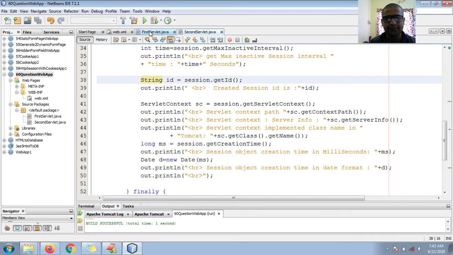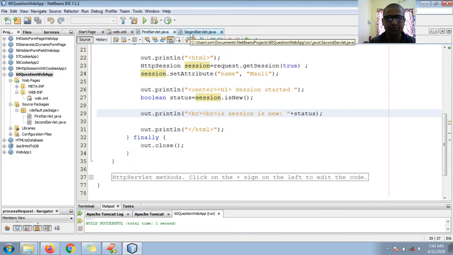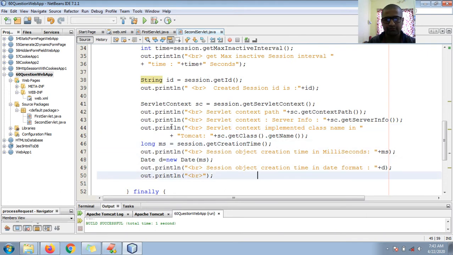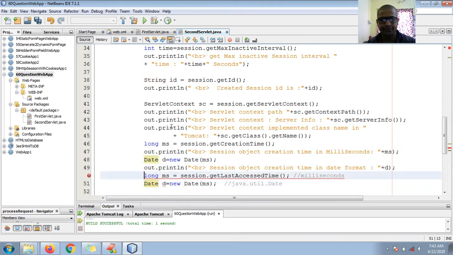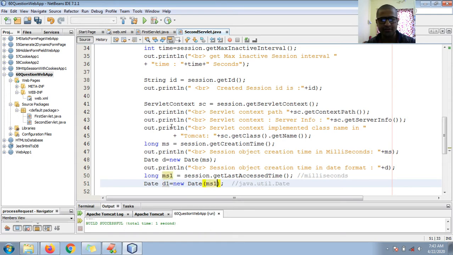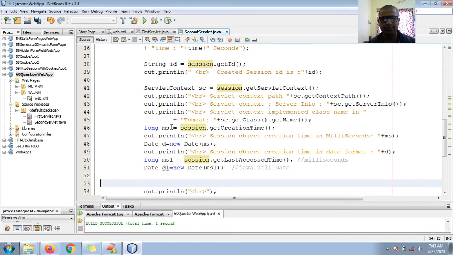the already created first servlet. This is my first servlet to create a session, a new session, and here it is already created. Okay guys, so here, long milliseconds, I will use ms = session.getLastAccessedTime, and let me use d1 because the date and milliseconds are already created, and here not ms, here also I'll pass ms1. Let me print here. You can print in milliseconds also, or you can print in date format also.